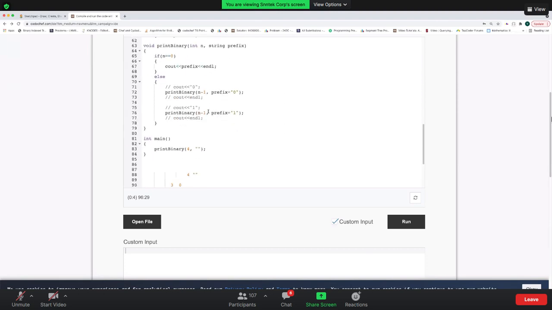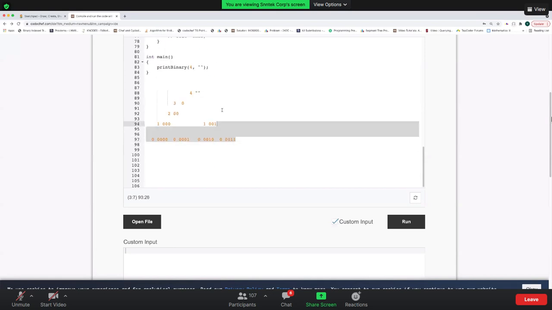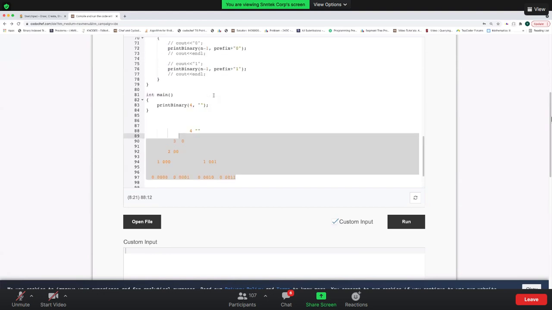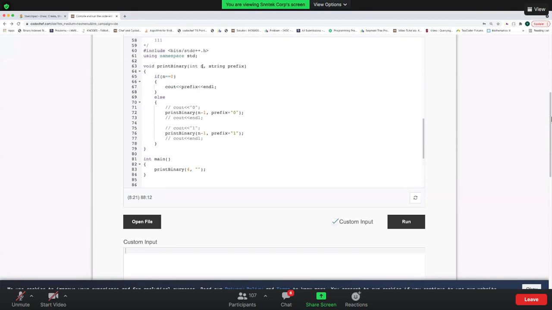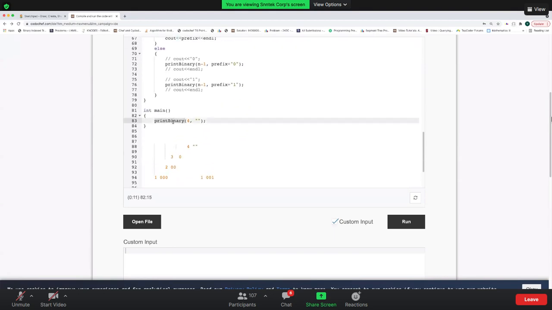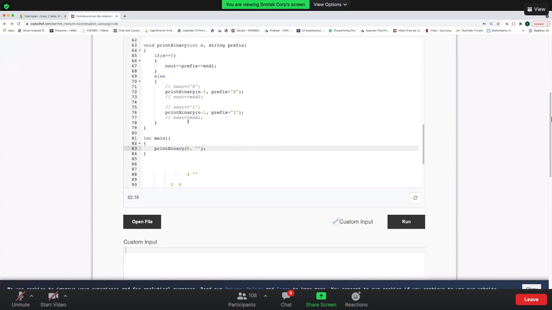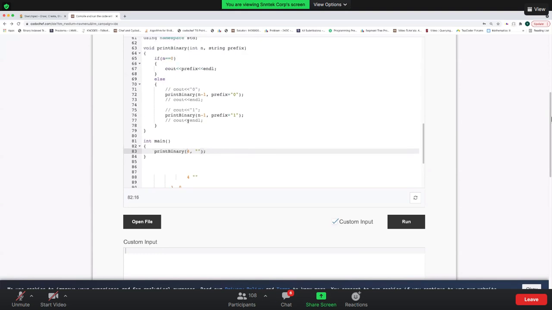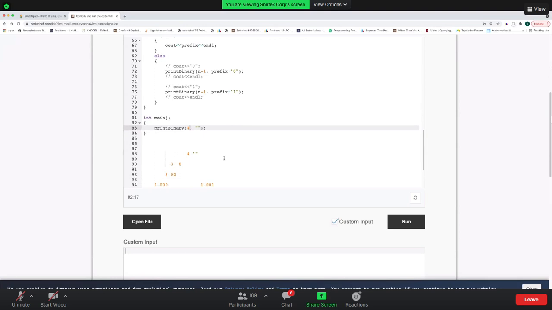Actually, while writing recursive code, you don't actually have to build this tree on your own. Just have an intuition in your mind, like how can you solve this problem. So I want to print all the binary digits of 4 length, right? I want to break it down into smaller problems. So the first thing that pops up in my mind is if I can print all the binary numbers with digit 3, I can either append a 0 in front of that or I can append a 1 in front of that. These are the only two cases possible, and I have broken it down into smaller problems.